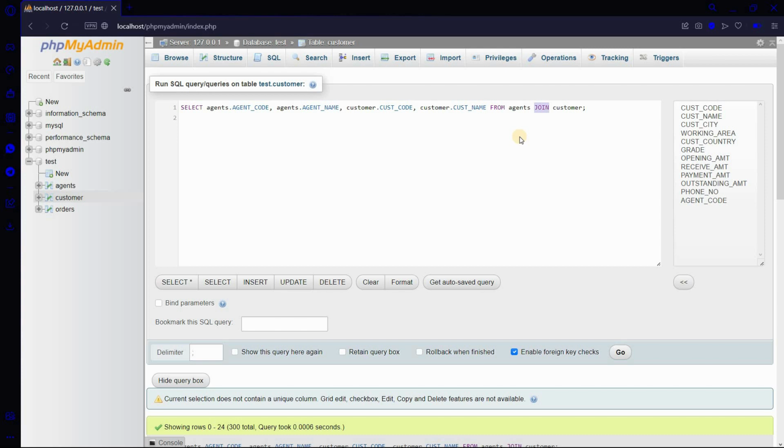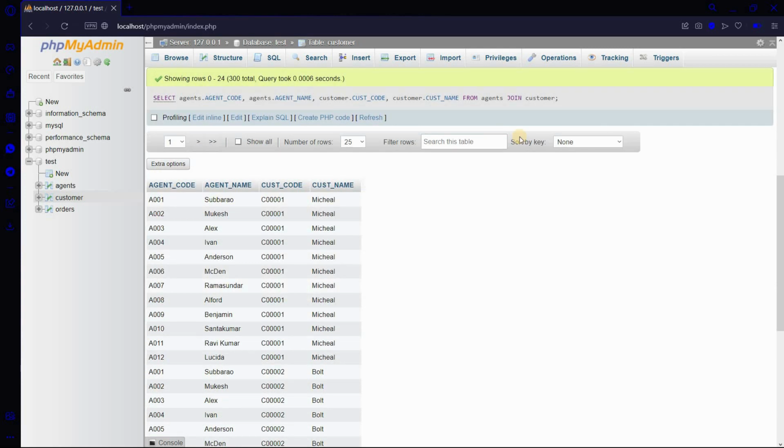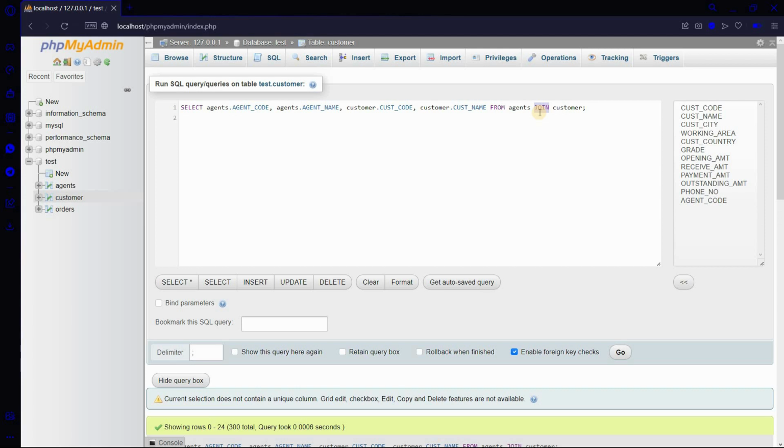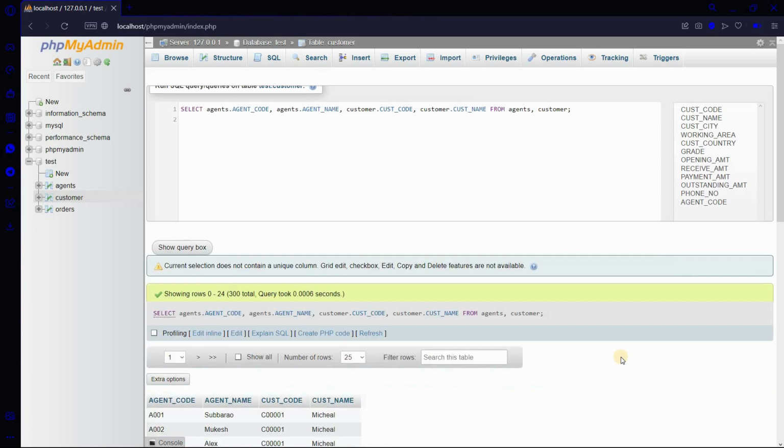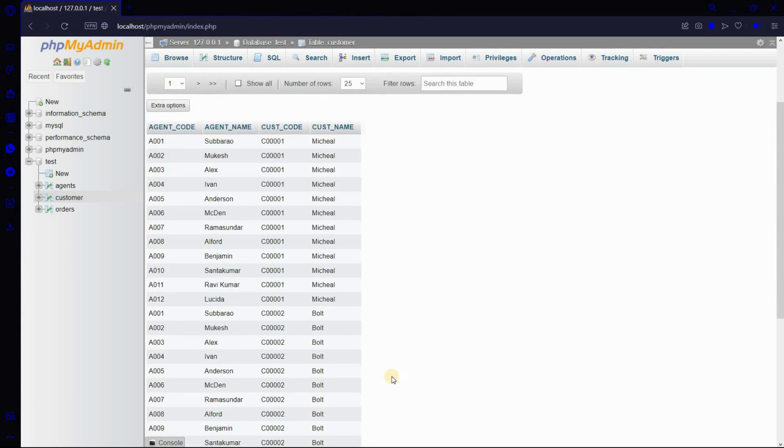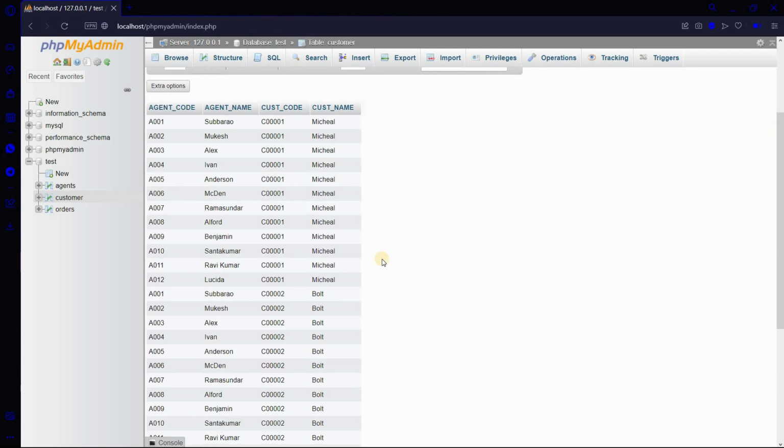If no join type is mentioned, then common columns are joined by default. In our example, agent code is a common column between all the tables. Thus, if any table is joined without mentioning the join type, agent code would be used to join the tables. We can show inner join without explicitly mentioning the join type by adding a comma between them. Let's execute this to verify the result. You can see that the results are the same as when we were using the join keyword.